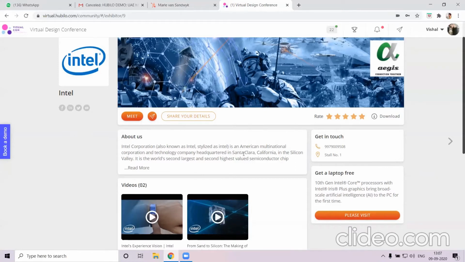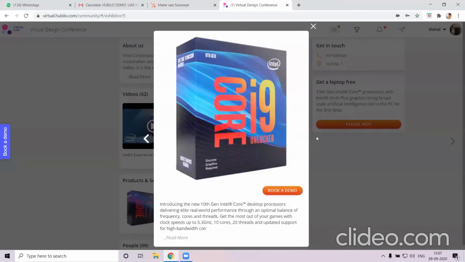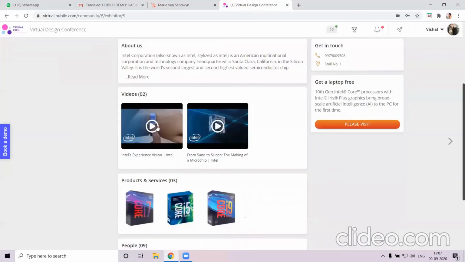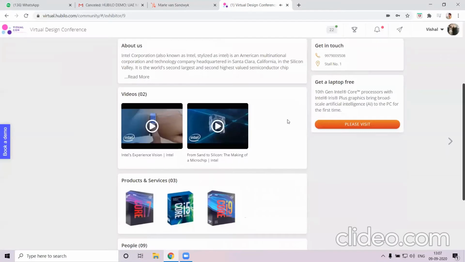And when I, as an attendee, scroll down a little, I could check out photos and videos about the products and services that these companies are offering and participating in. Maybe it could be news articles, maybe it could be write-ups, marketing materials, anything that your exhibitors and sponsors would want to showcase. They would have the ability to do so right from over here.